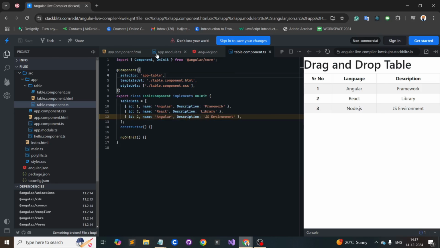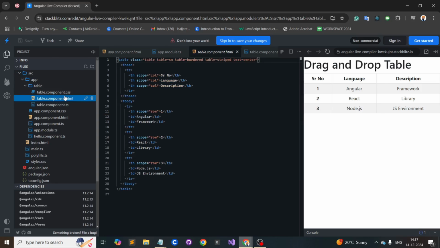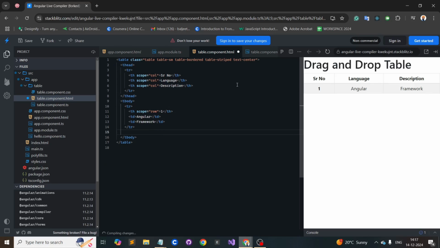So now I have to come to the table.html file, and here in tbody I have to remove these tr rows, so that I can add this data dynamically. As you can see, here is now one row. Let me remove this also, and loop through the dynamic data. So let's add some ngFor loop,